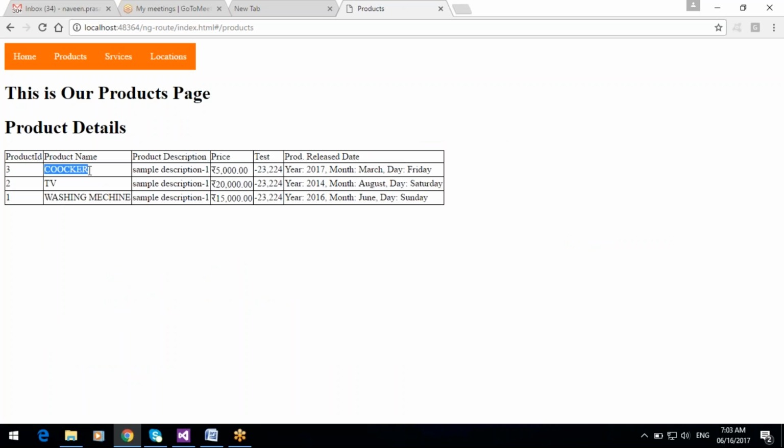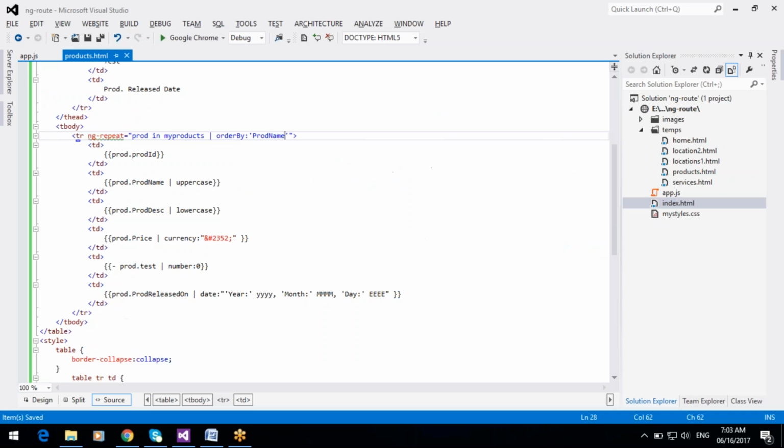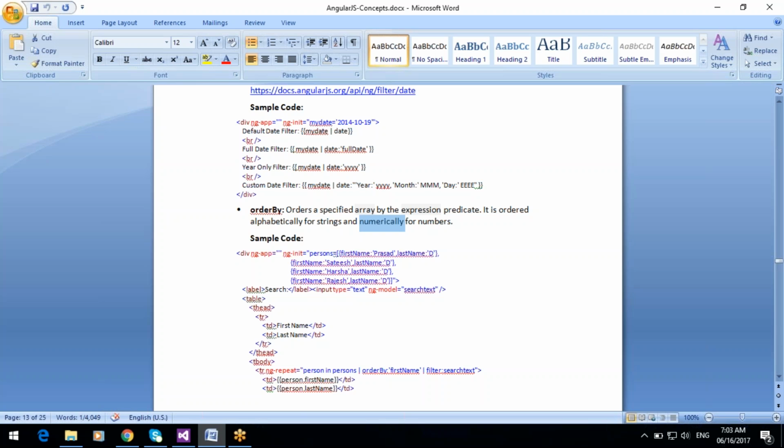So the order by is based on product name. Now product numbers are 3 to 1. So this is the orderBy filter.